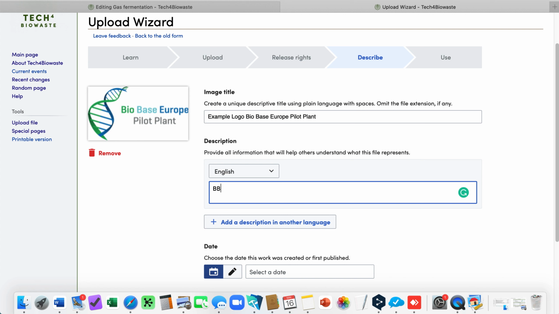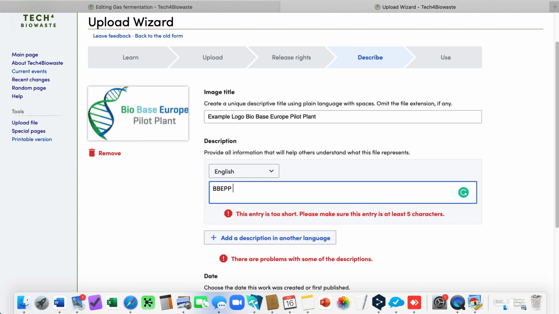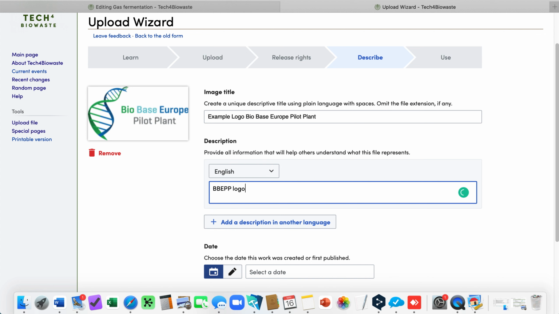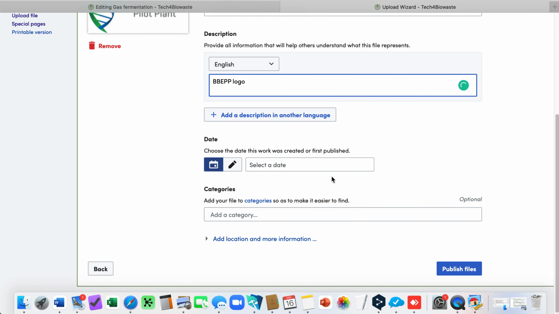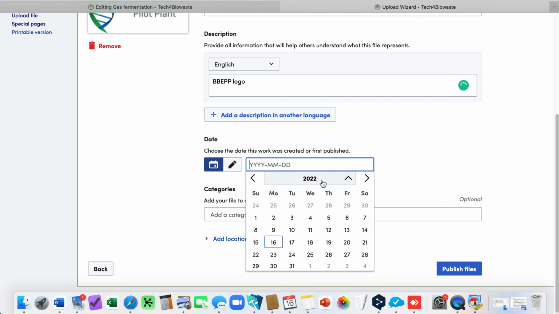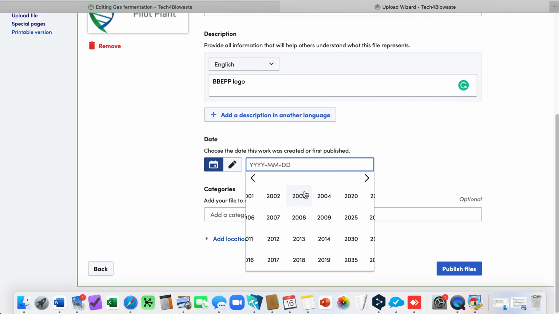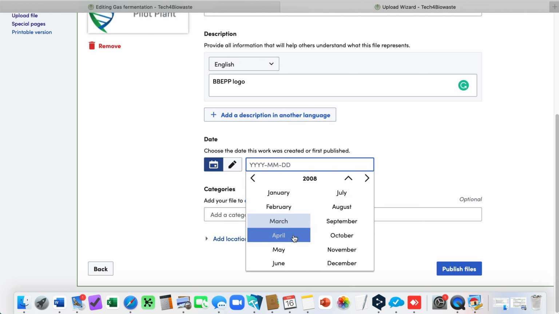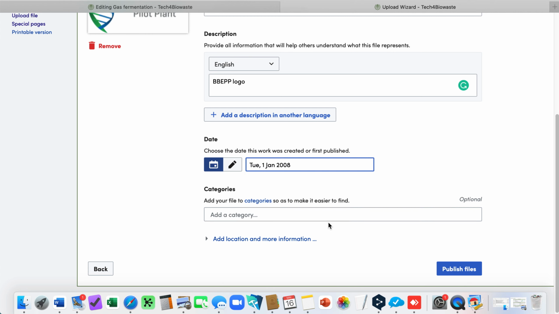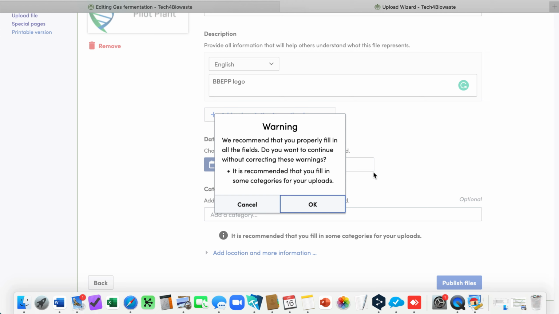So for example, here BBEPP logo. You have to select a date. In this case, this would be 2008, January. You don't have to choose a category. This is optional. If you click on Publish Files,